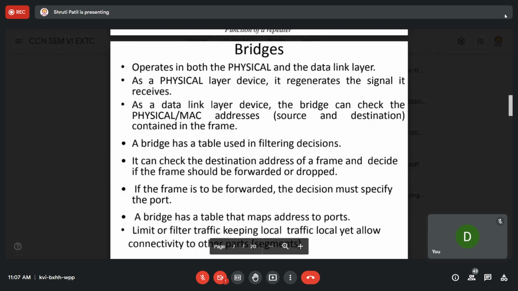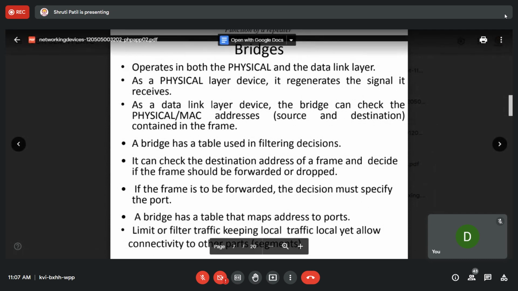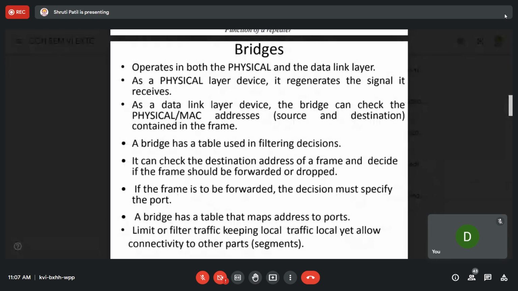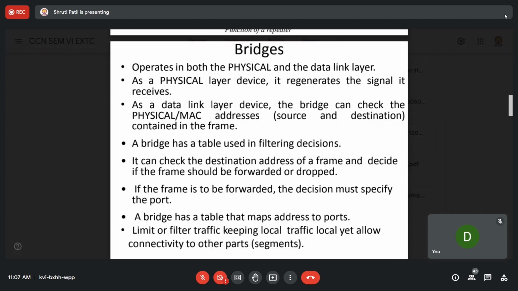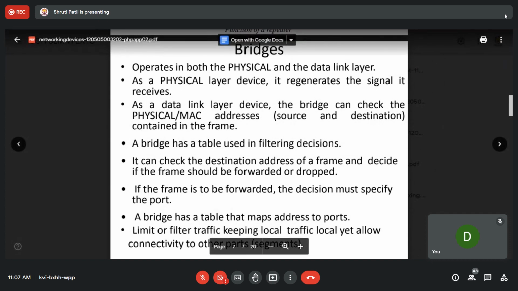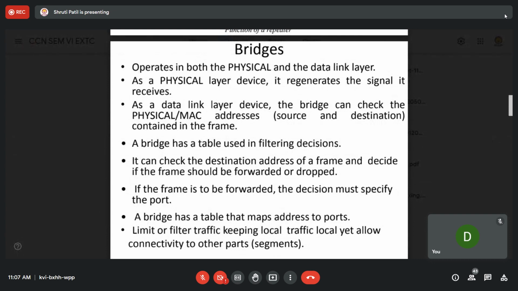Now for the bridge, there is filtering done. Filtering done means depending upon the destination address, you can check the address and accordingly the frames can be transmitted. So whether the frame should be forwarded or dropped, that decision can be taken. So the filtering decision will be taken at the level of the bridge, and the bridge is having a table maintained.